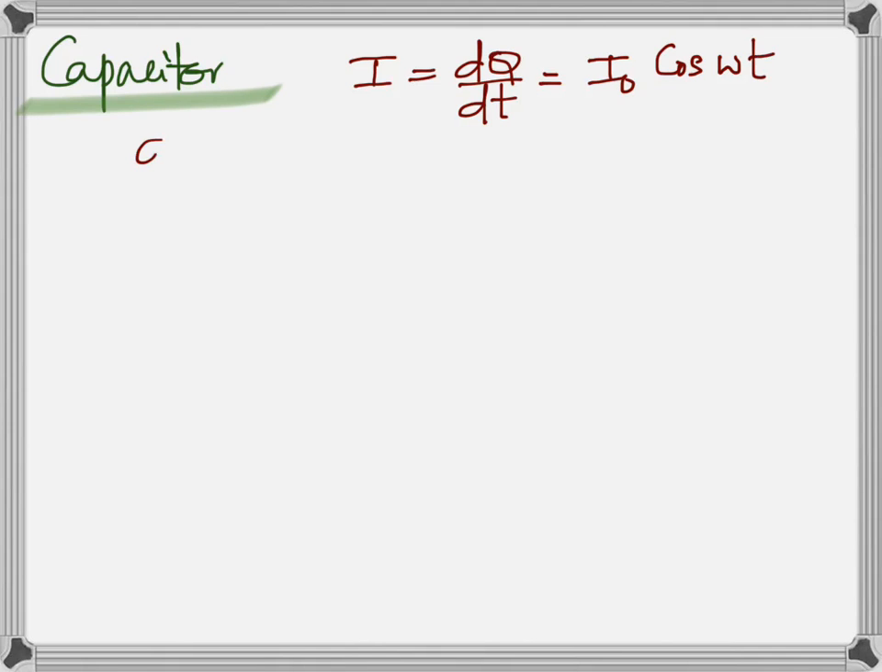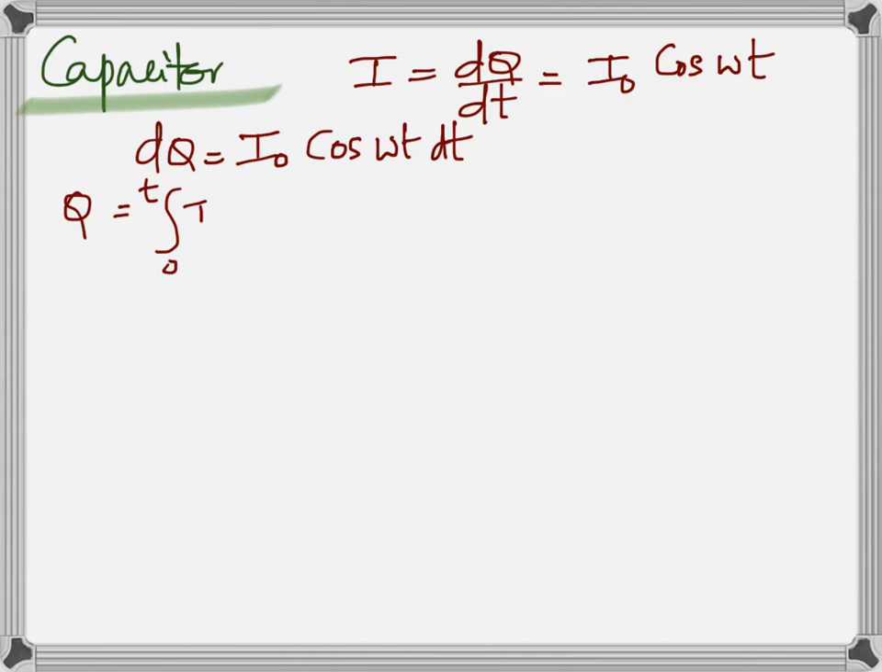So first I write I is I naught cos omega t. Then I say dq is I naught cos omega t dt. That's just mathematical. Didn't you understand that? Just brought dt to the right side. That's all. And then I bring about Q. I did not write it, but it's understood that Q is C times voltage. So that's why